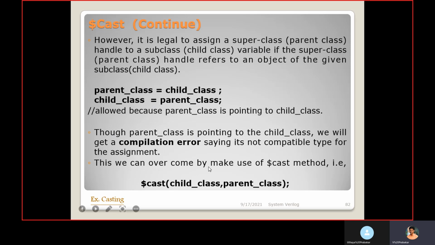This we can overcome by making use of $cast. So this way you can use $cast with child class and parent class. This is the source and this is the destination. Instead of this second line, you can use it like this. Before that, ensure that parent class equal to child class assignment is done.